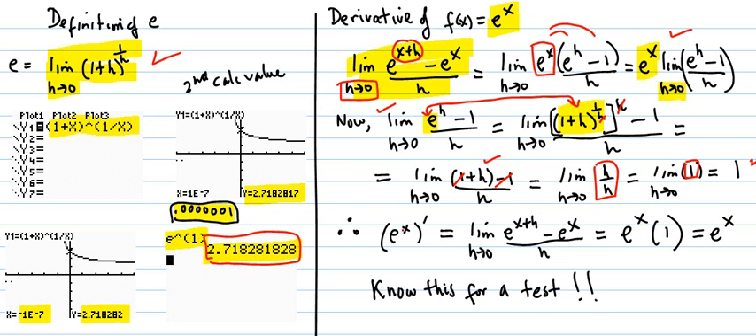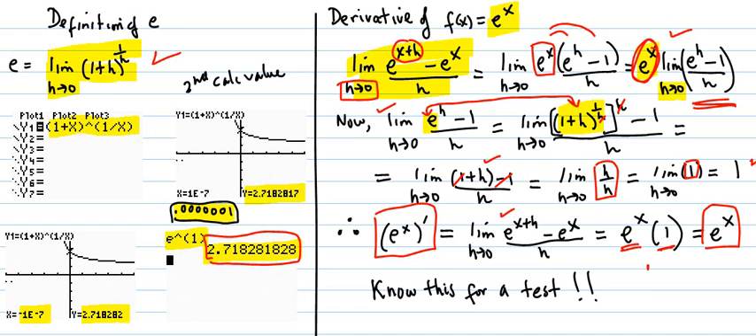Therefore, the derivative of e to the x, this is the limit definition, I'll simplify it out to e to the x times that limit of e to the h minus 1 over h, which turned out to be 1, so it turns out to be e to the x. So it's very interesting that the derivative of e to the x is itself e to the x, which means that at any given point